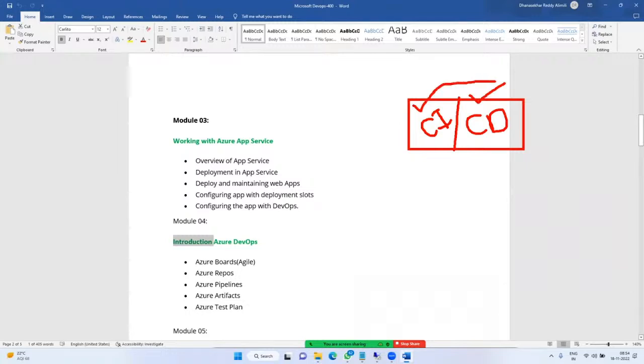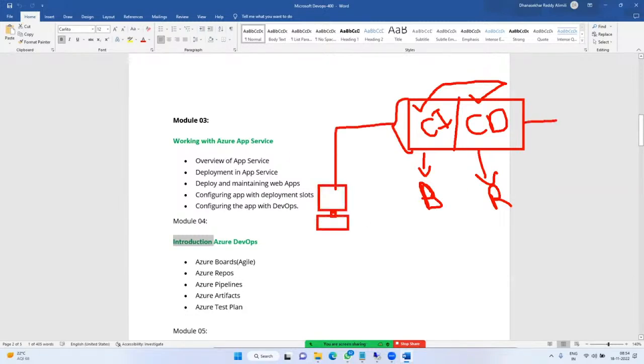Continuous integration, continuous deployment in the sense, this is the build pipeline, this is the release pipeline. Once you have configured this, you decide where your application should be deployed, either a VM or app services.